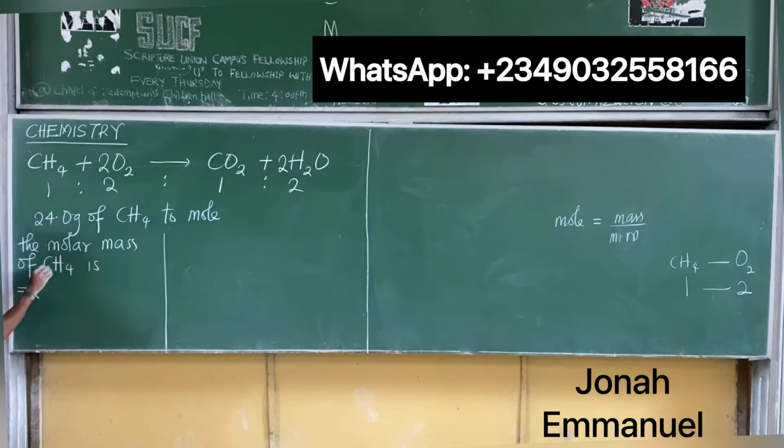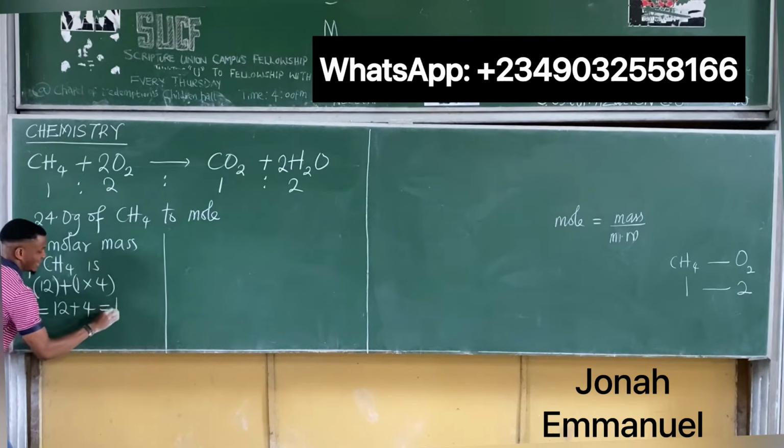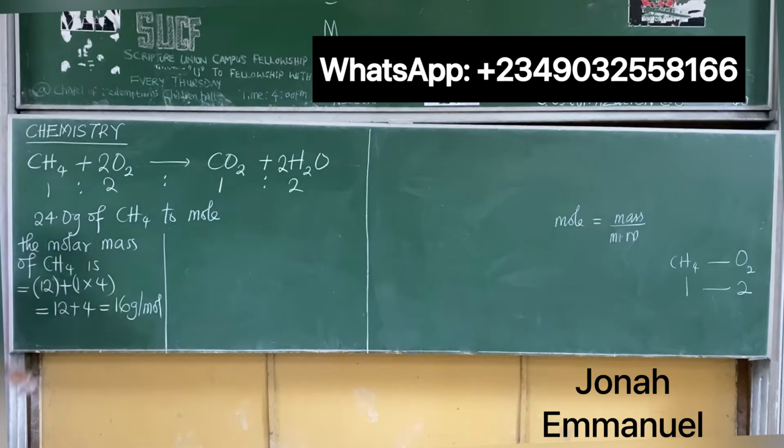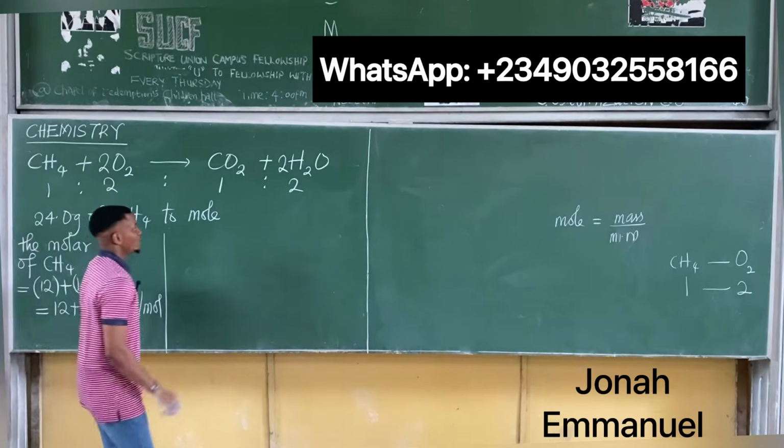For carbon, how many there? 12 plus hydrogen, 1 times 4, please. Atomic mass of carbon is 12. Hydrogen is 1, times, I have 4 hydrogen. So that's equal to 12 plus 4. That's equal to what there? 16 gram per mole. I'm calculating molar mass, measured in gram per mole. So therefore,